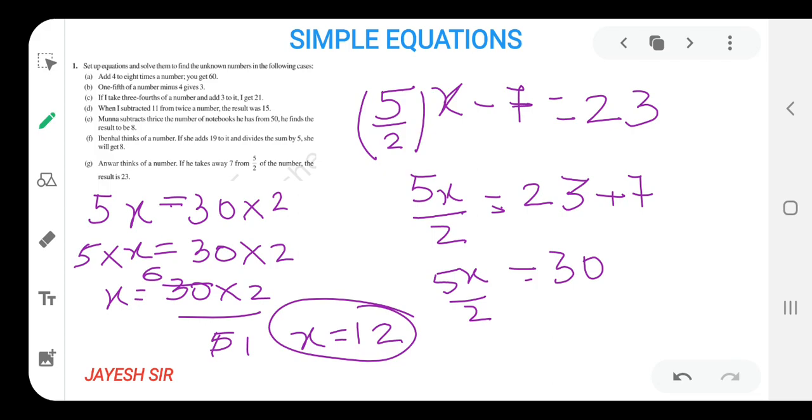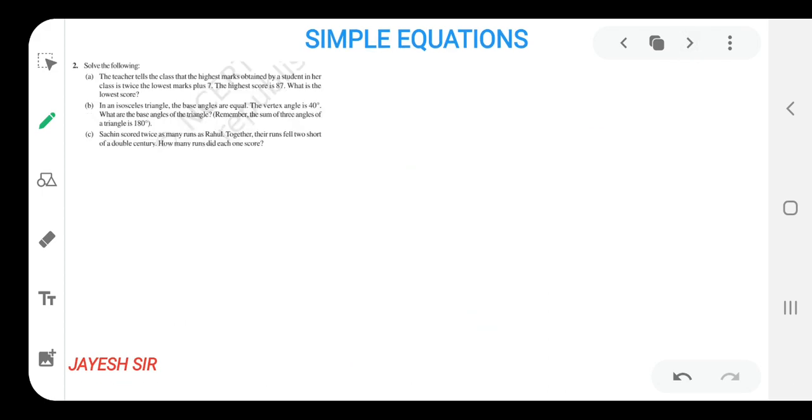And now let us begin with the next type and see what new we are going to learn today in this video. So question number 2, what type of sum is this? Similar type is there, but the length of the question is a little larger, so no need to worry. We will form only one equation, as we have been forming previously. So no need to worry about the length of the question.